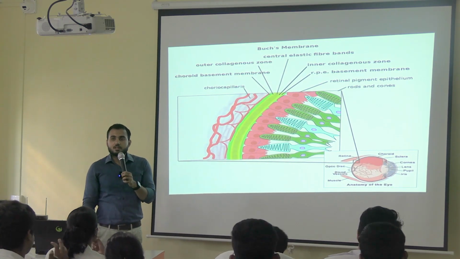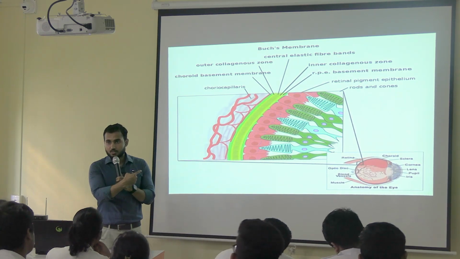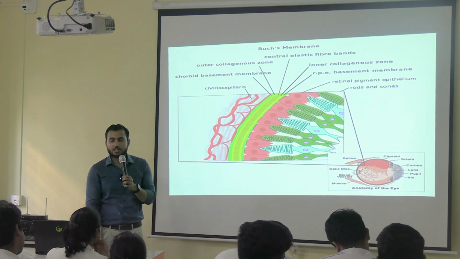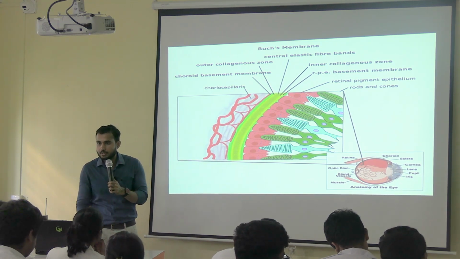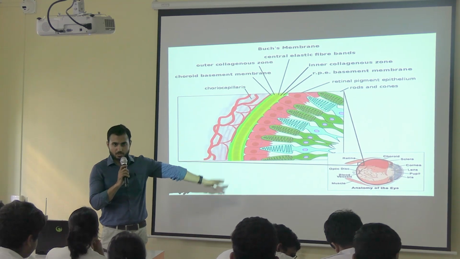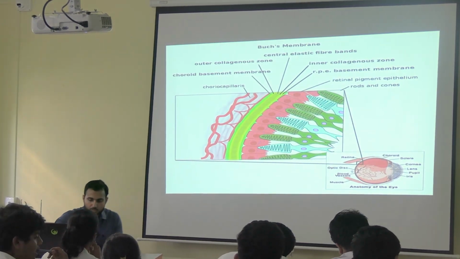Why is it required? Any idea? Because the structure of the retina is very delicate. If everything goes over there, it can cause damage to the delicate structure of the retina. That's why selective permeability is important. Okay. So we will study the details in physiology. If it is taught in class, you will study it during that. So that is all about the